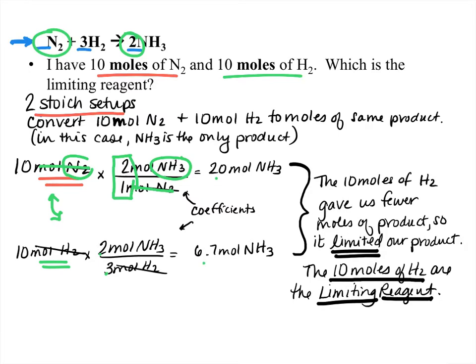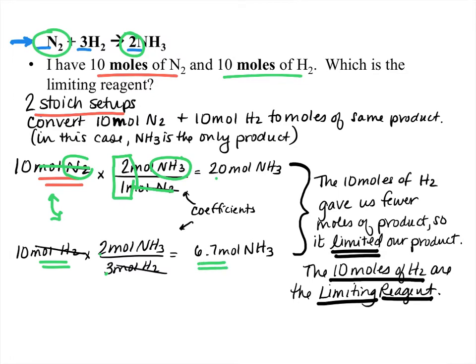of ammonia. So I have 2 different answers here, which means that if I'm dealing with just ammonia and an unlimited amount of hydrogen, I'd be able to make 20 moles of ammonia. Oppositely, if I had the 10 moles of hydrogen and an unlimited amount of nitrogen, I'd be able to make 6.7 moles of ammonia. So when you look at your answers from these 2 setups,